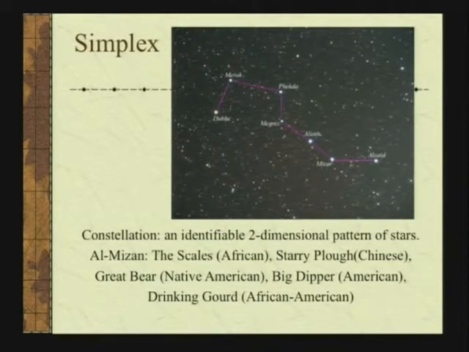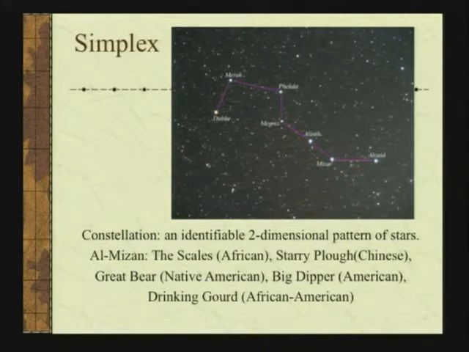So, simplex. Here's an example. So there's a constellation. So simplex: constellation, an identifiable two-dimensional pattern of stars. Okay, so you know that constellations in the sky are not a flat picture, right? I mean, you kind of know that, but maybe you haven't thought about the implications, really. All right? But let's start with the simplex. A constellation, an identifiable two-dimensional pattern of stars. Almazan is the name of this particular constellation